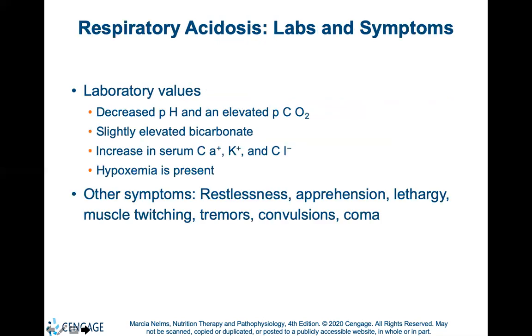Laboratory values in acute respiratory failure will indicate a decreased pH and an elevated partial pressure of carbon dioxide. Bicarbonate levels will be slightly elevated if renal compensation has begun. Compensatory mechanisms or secondary responses allow the pH to remain normal, but serum bicarbonate and arterial partial pressure of carbon dioxide